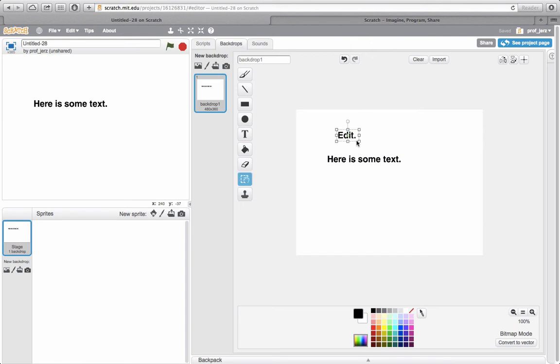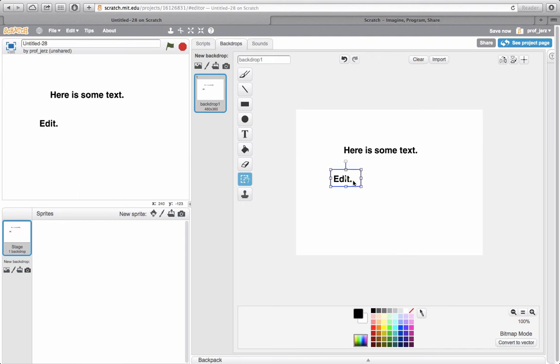Once I click once out of it, now I can move this around, but now that I've clicked out of it, I no longer have the ability to edit that text. I can drag it like that, drag all these things, but I can no longer click in there to edit that text. So I could select that. I'm going to hit the delete key. Move some things around a little bit. But what's happened is